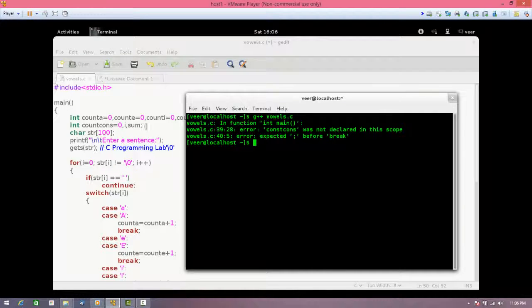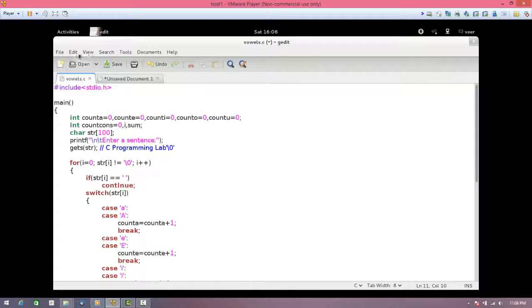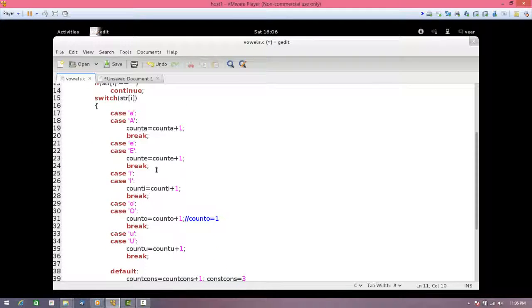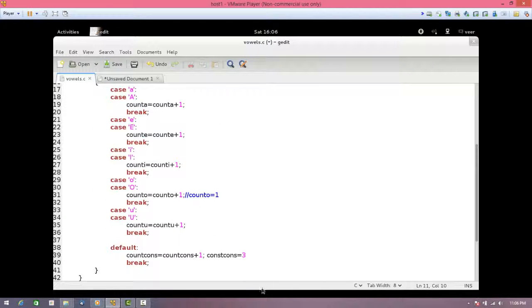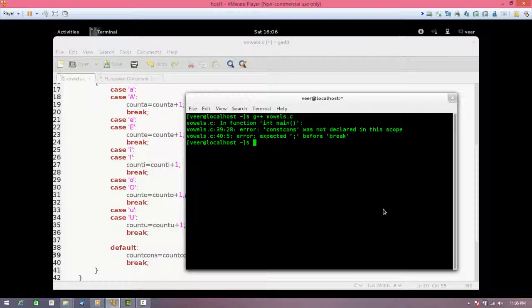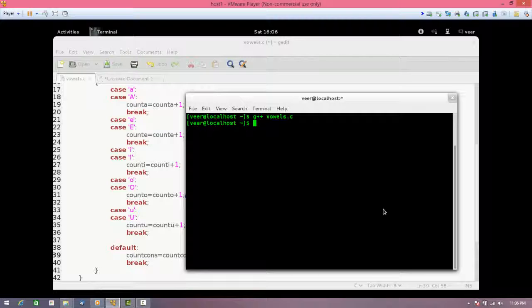Line number 39, this part actually I should have commented out. Okay, we'll once again compile. Okay, we'll execute. Enter a sentence: C programming